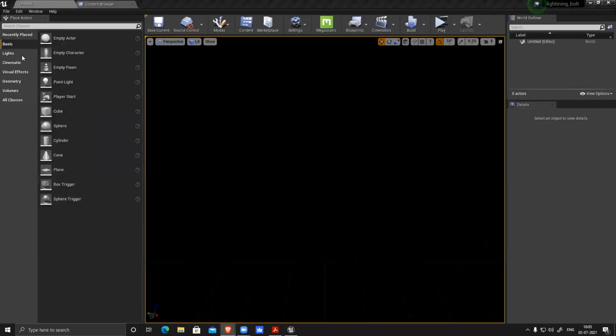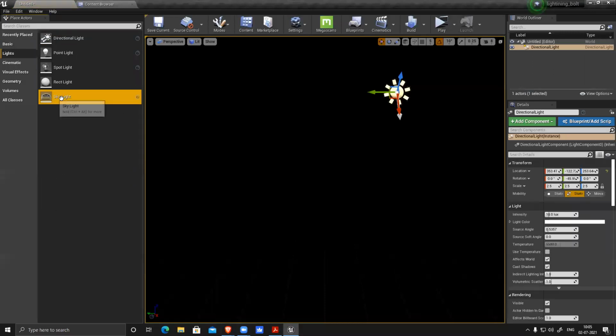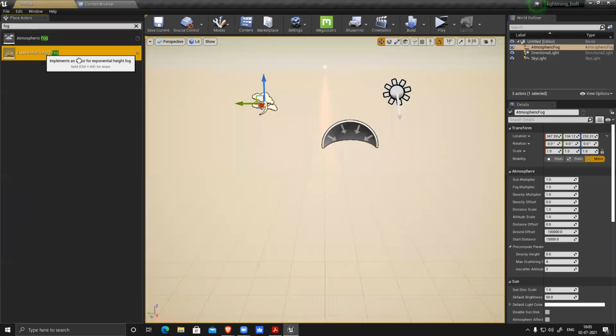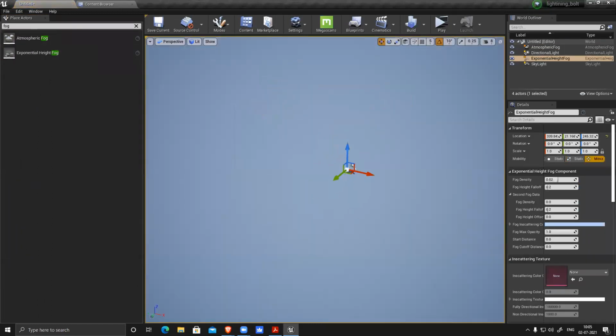So first, to create my scene, obviously I need a directional light, one skylight, and fog: height fog, and fog first. That's it. Good morning, sir. Very good morning. This is my basic setup of my Unreal: atmospheric fog, exponential height fog, directional light, and sky. These are the basic four things you need to have in your scene no matter what. If it's a night scene, I can change the directional light to a moonlight or something, reduce the intensity, or delete it also. That depends upon the requirement, but the rest of the things are required.